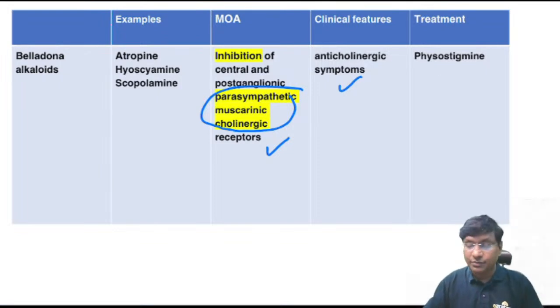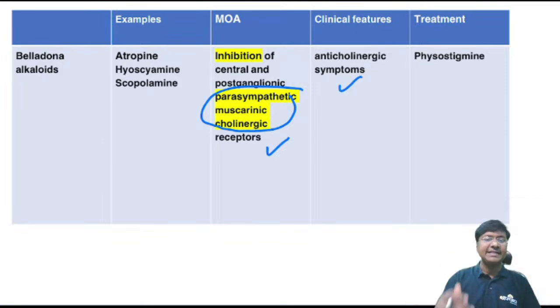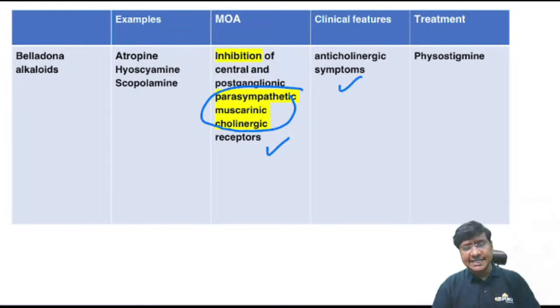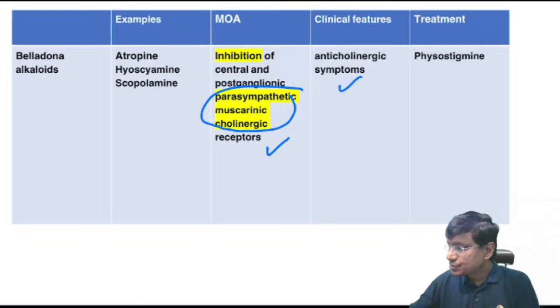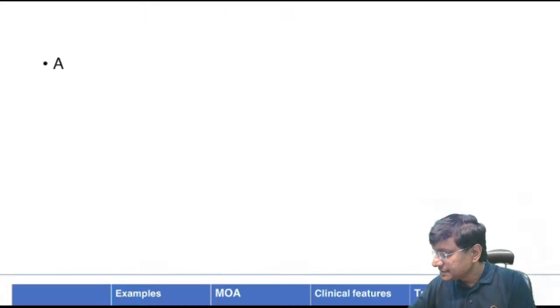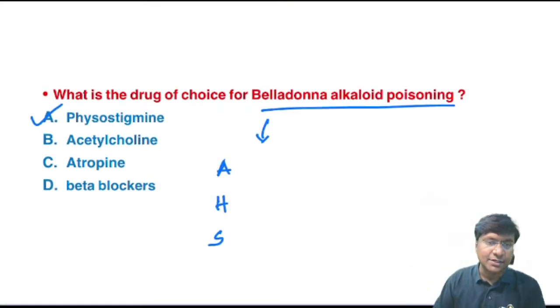Now what is it that we want? We want increased cholinergic activity, for which we give physostigmine, which is an acetylcholinesterase inhibitor, and it will increase the acetylcholine levels. And when do we give physostigmine? Mainly secondary to atropine, when the individual can develop delirium and hallucination. That is the point when we can give physostigmine. So physostigmine is considered the drug of choice for Belladonna alkaloid poisoning. This is not at all a difficult question, very simple, and a straight question.